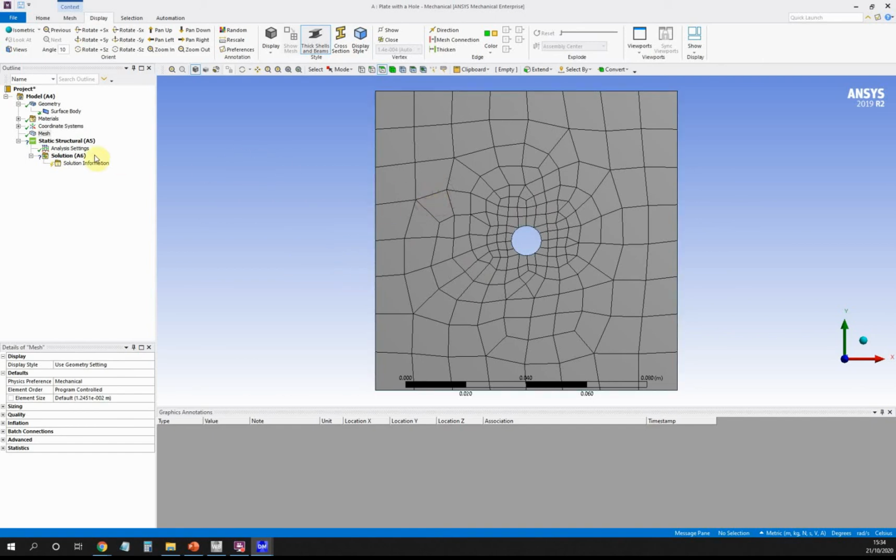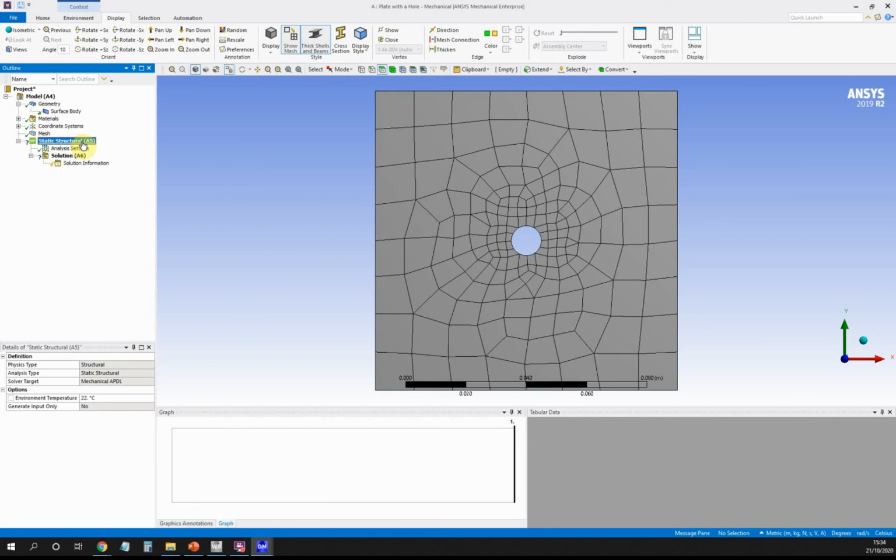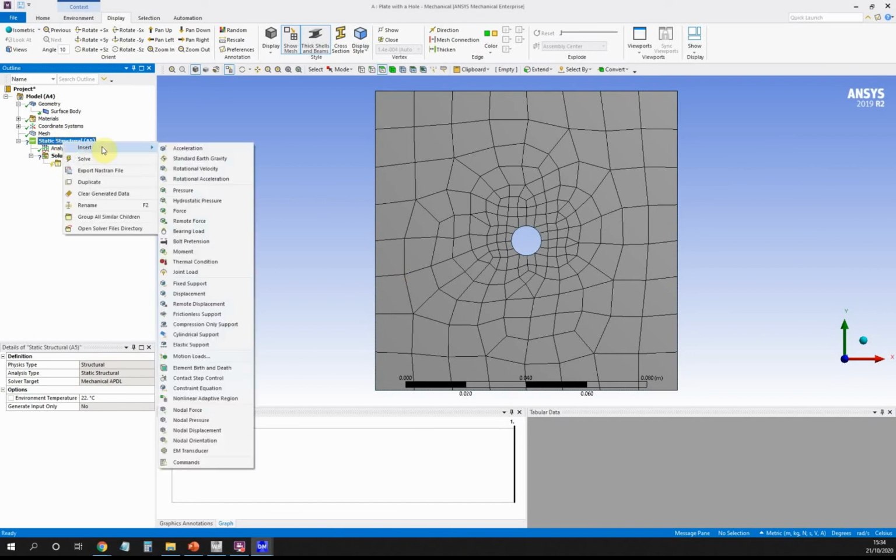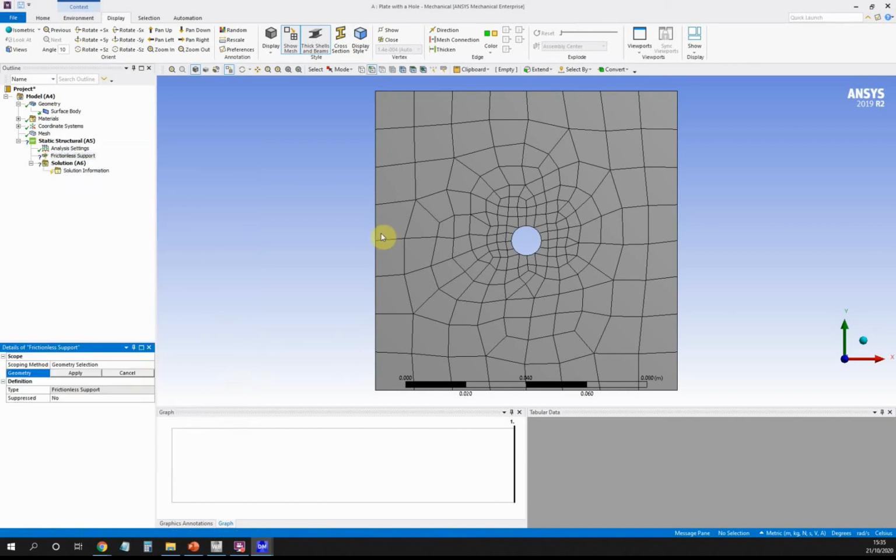So let's go and set up our analysis then. I'm in static structural, and the first thing I'm going to do is apply a constraint to the left hand side. I right click on static structural, insert, and put a frictionless support. Insert a frictionless face support to prevent one or more flat or curved faces from moving or deforming in the normal direction. So in other words, this face here, here's my frictionless support, I go apply,